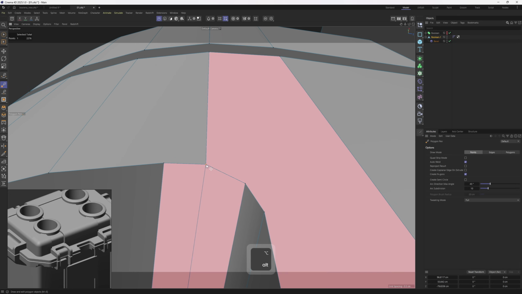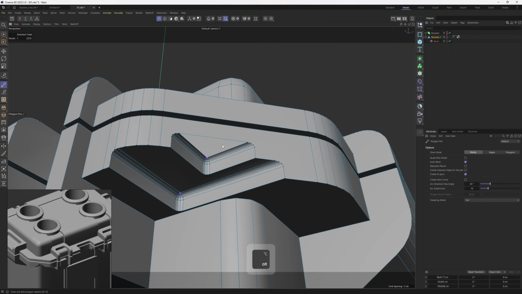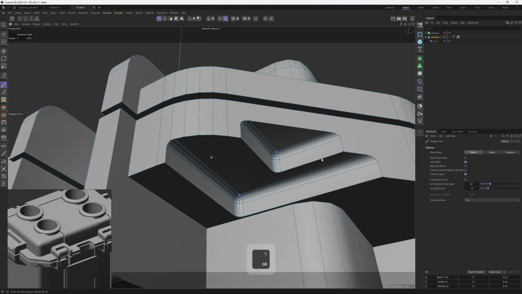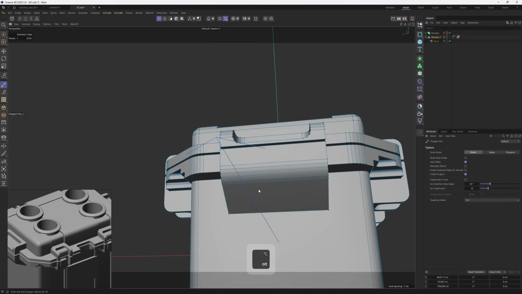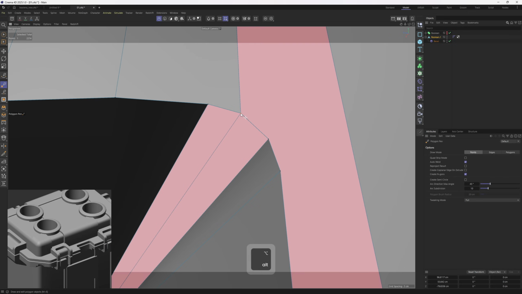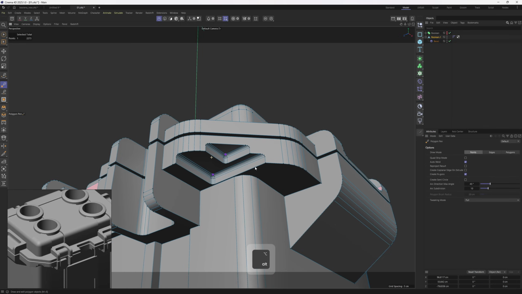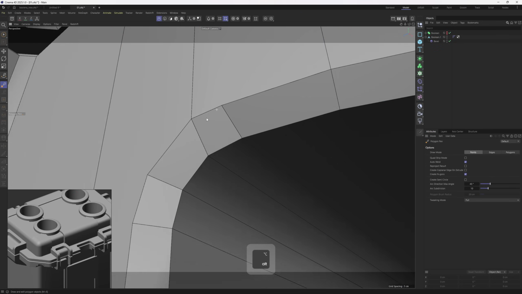Polygon pen tool, merge that one to that one. Unfortunately, we need to do that 4 times. So, that point to that one, that one to that one, and finally, that one to that one. Let's click off